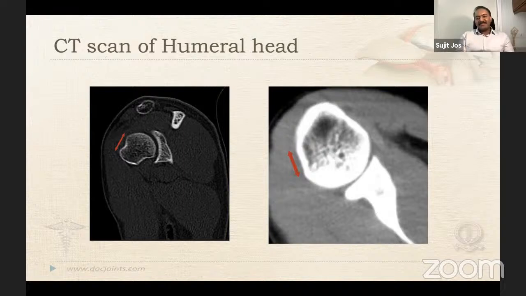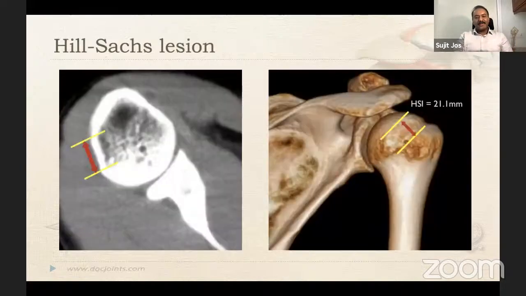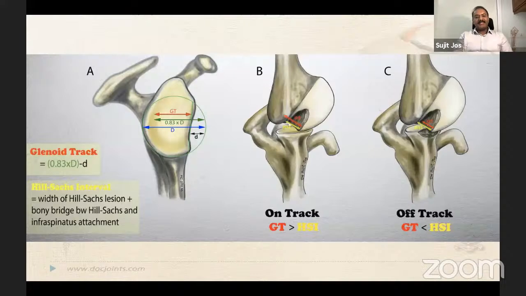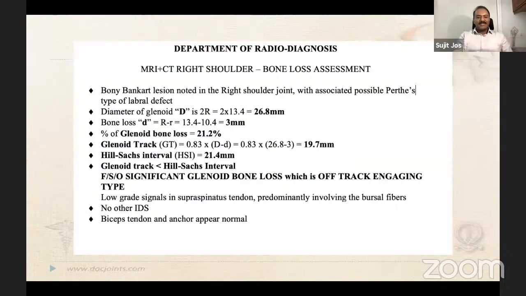I put these slides up to show the fallacies in measurement in a 2D CT, which I feel can go wrong. As you said, the point where you measure can be wrong, but when you have an en face view like that, your chances of going wrong are much less. So that's the report from our radiologist. We have a very good radiology team which measures it for us, and here we have almost a tie. So, would we go for a bony procedure?